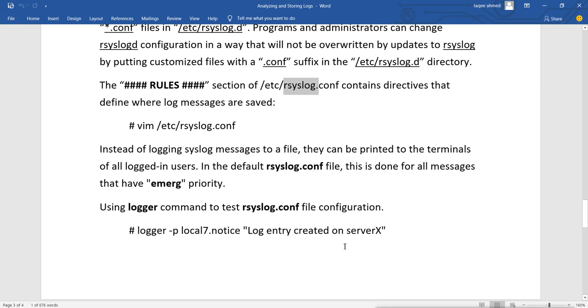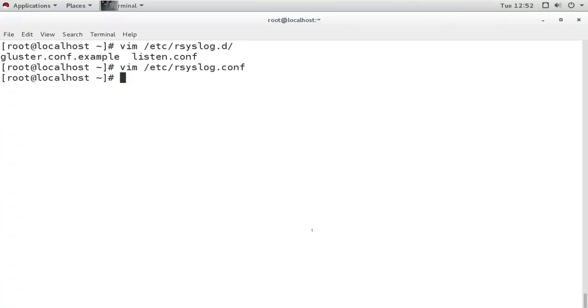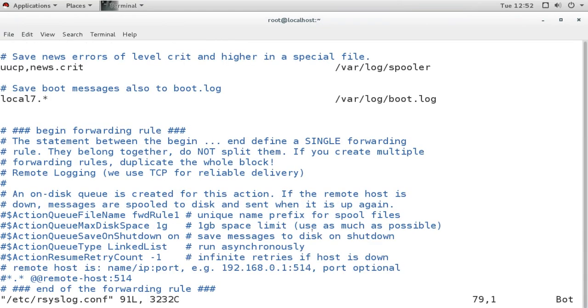For example, I will make some new entry there. Let's see that. I will make a new entry into the main configuration file.